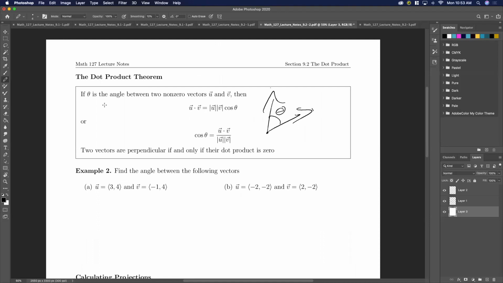And so to find the angle between two non-zero vectors, the zero vector you have to throw away, the dot product is also equal to the magnitude of u times the magnitude of v times the cosine of the angle between them. Usually we use this to say the cosine of the angle between them is the dot product divided by the magnitudes. And notice two vectors are perpendicular if and only if their dot product is 0. Okay, so here,